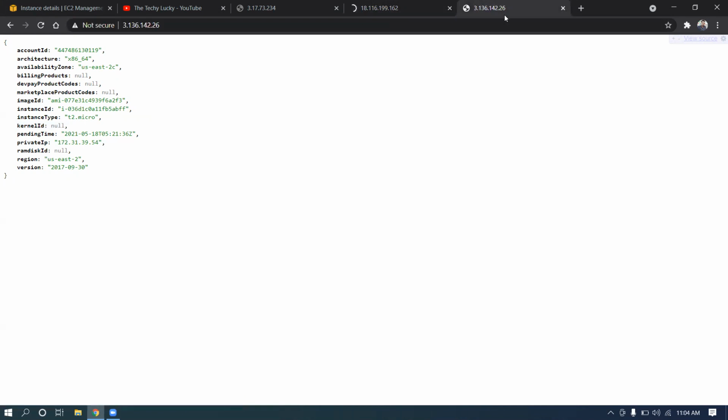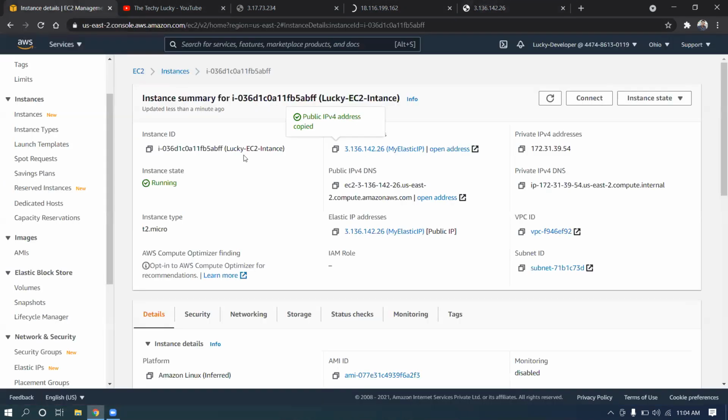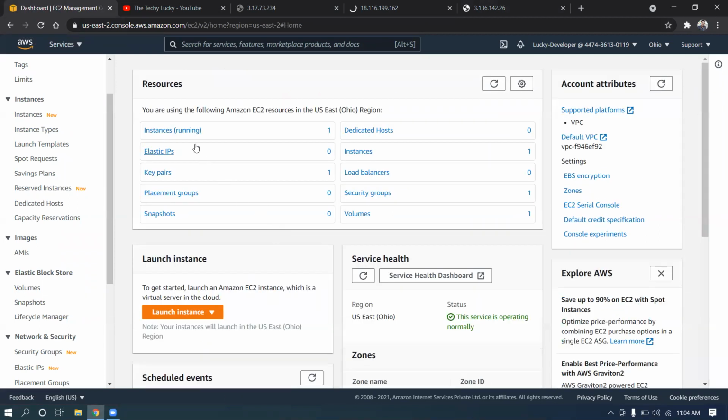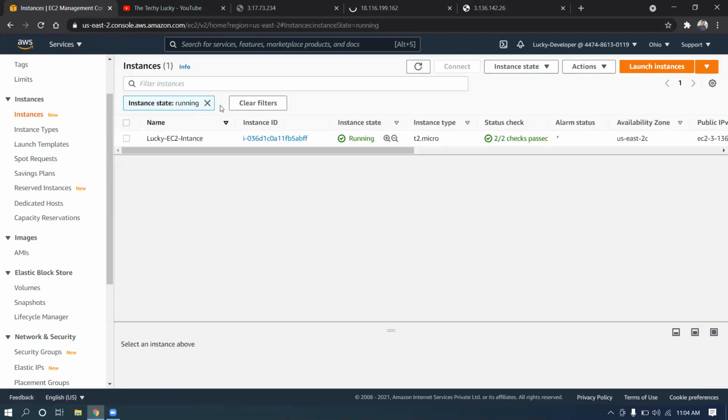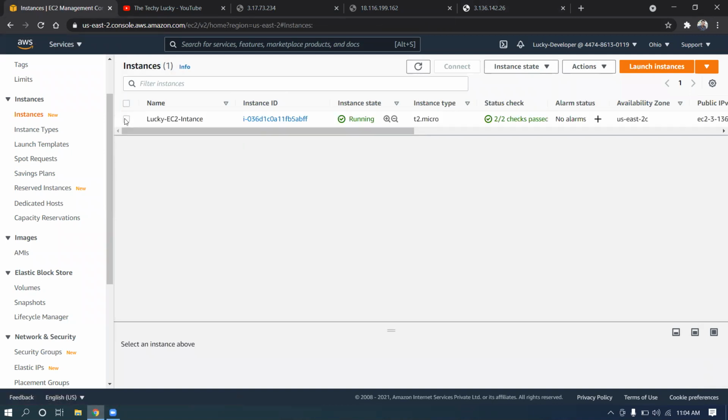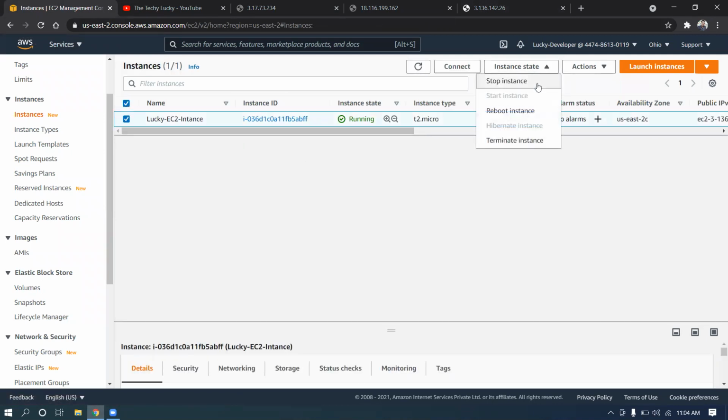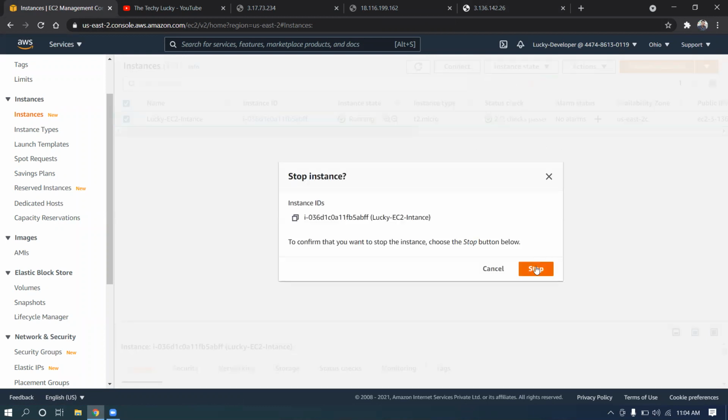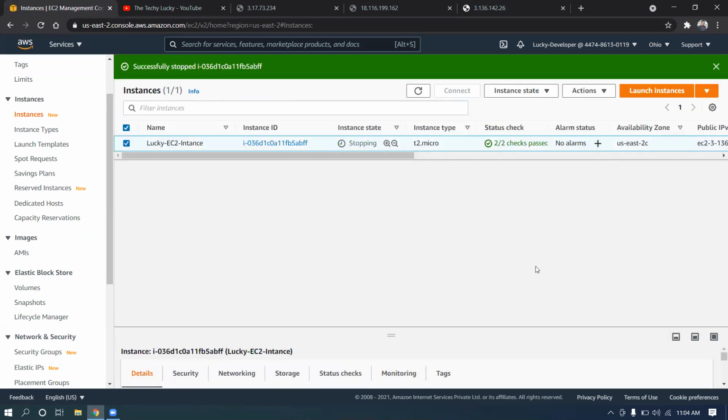This can be done using the elastic IP, but remember elastic IPs are chargeable whenever they are not in use. Now let me check, having assigned the elastic IP, whether it is solving my problem or not. That's the same thing I'm going to do. I'm just going to stop my EC2 instance first of all. Once I stop it, it will be stopped. And the last time we saw that after stopping the EC2 instance, my public IP address changed, right? So I need to observe the same thing to see if my elastic IP is working. But if my elastic IP is working, definitely it is not supposed to change.